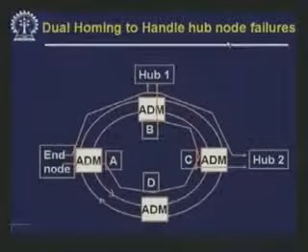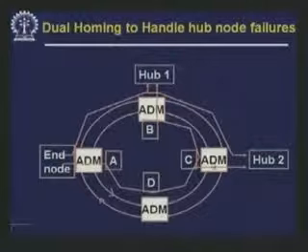another thing we talked about is dual homing. By dual homing we mean that suppose you want to deploy your network in such a way that it is very mission critical and no failure, so we want a hot standby. So what you might do is get connected through two different hubs, and these two hubs take independent paths to your destination. So that is possible. This shows dual homing to handle hub or node failure.